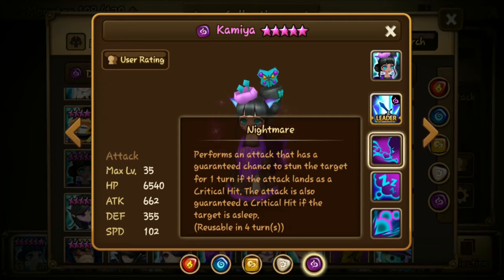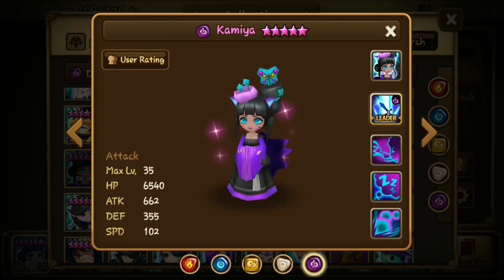And of course this skill also works with other monsters that can put the target to sleep, like the succubus, the chiwus, and I think there are others that can put the enemy to sleep, right? So you can use Kamiya with those monsters in a comp. She's an attack type monster and does decent damage. She does good damage, and I think